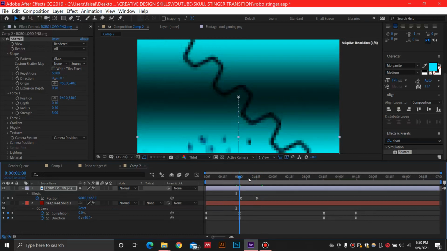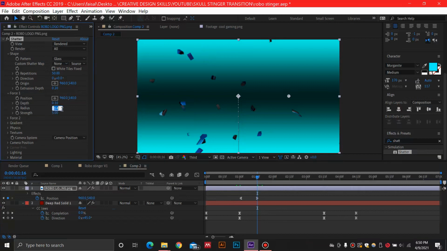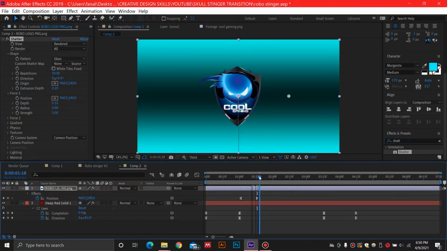In order to change this, we are going to go at around 1 second and 15 frames, and for this radius, I'm going to select 0. Here we go, our logo has returned back, and what I'm going to do is go a few frames ahead, let's say 2 frames and 15, or at around 2 seconds.